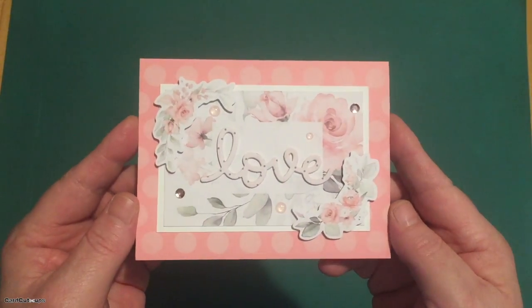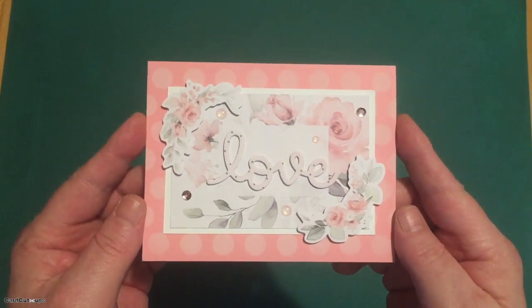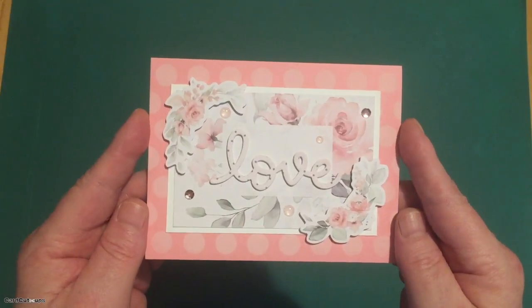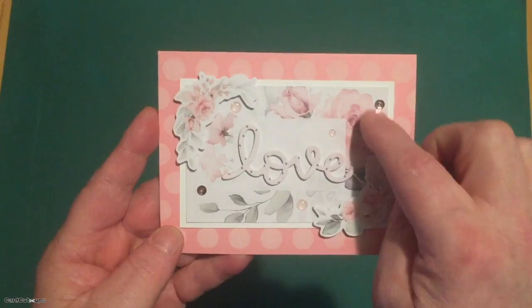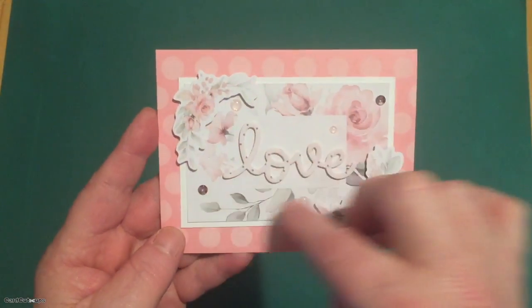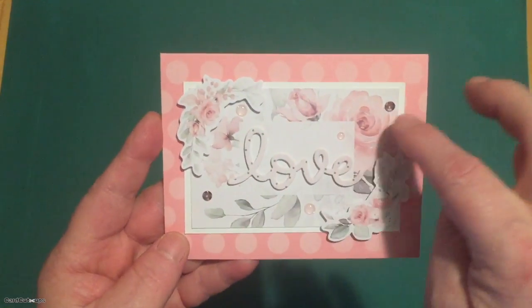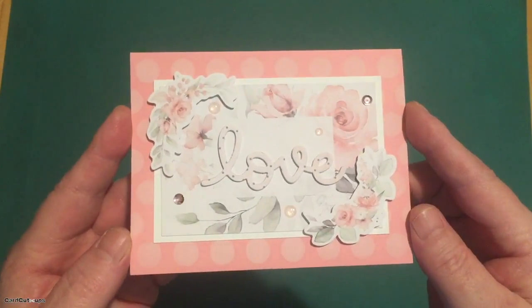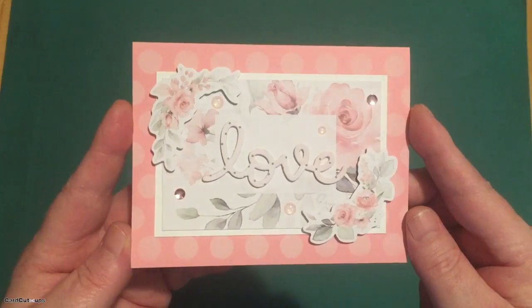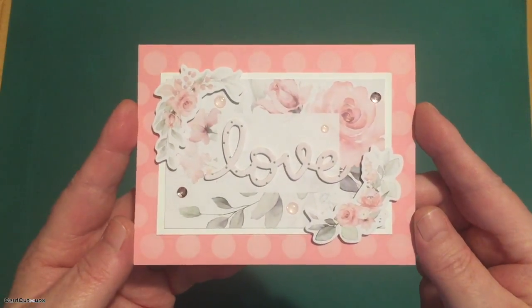Valentine's Day is right around the corner. I thought Valentine's was a perfect use of this kit. So this is my first love card featuring that panel from the cut-apart pattern paper. Now, I cut that out. I matted that on a scrap of white cardstock. I was going to glue that down to my bright pink card base, but it felt a little lonely,